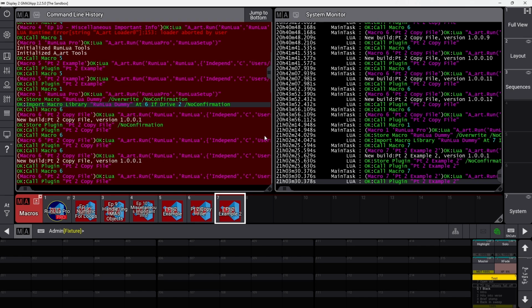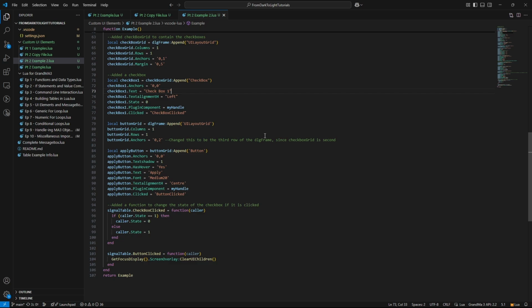We're used to the built-in functions like message box, which return values based on our choices and let us use those values for things. But what about in our custom UI elements? Well, I'm going to go back to the code here and show you. You see how we have this state in our checkbox? This indicates whether the checkbox is checked or not, as I've already mentioned.